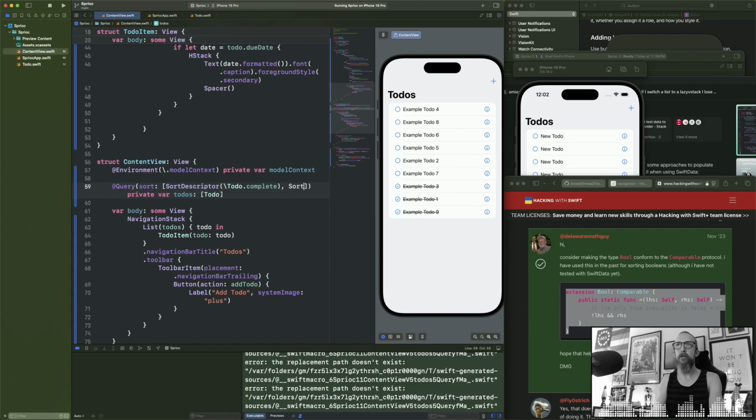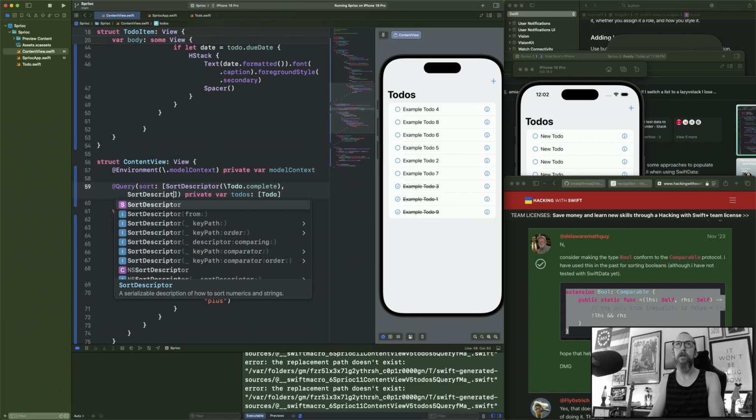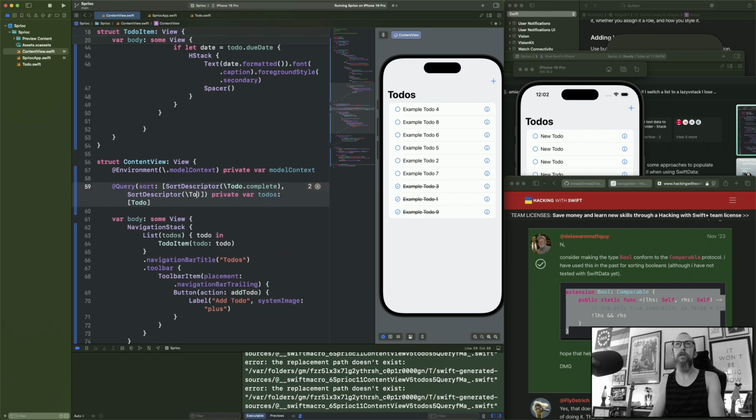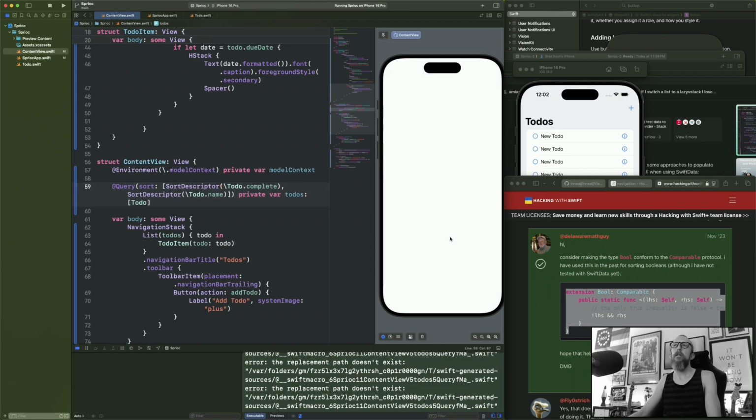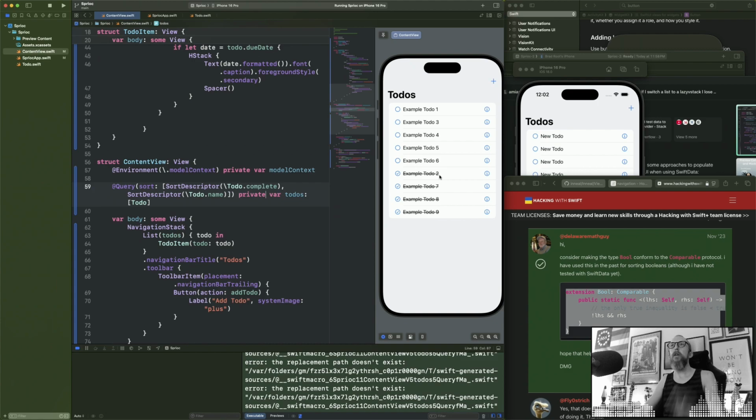Okay, so we also want to sort by name. So let's add another sort descriptor to do. Now it should be sorting by completeness and name. Okay, awesome. All right, and if we complete one, it should move. It's cool. That first one doesn't move slick,